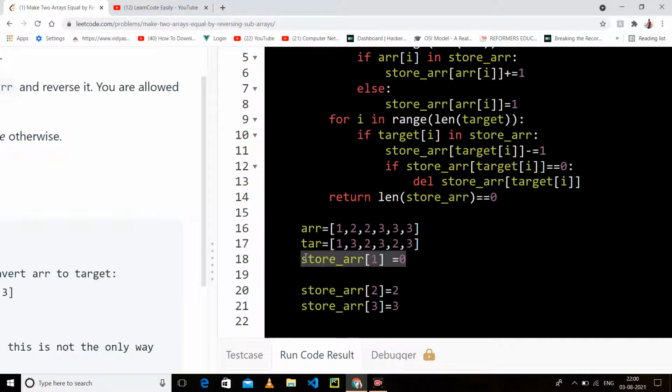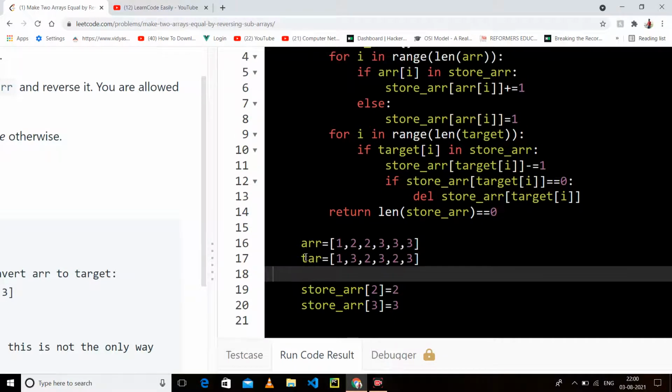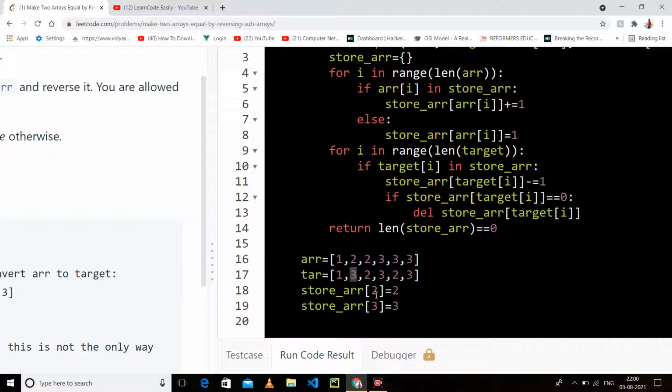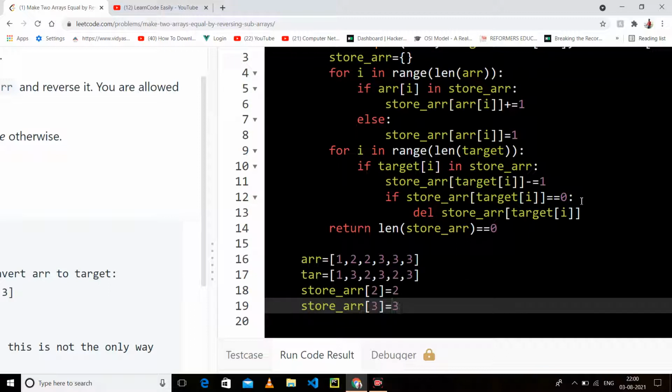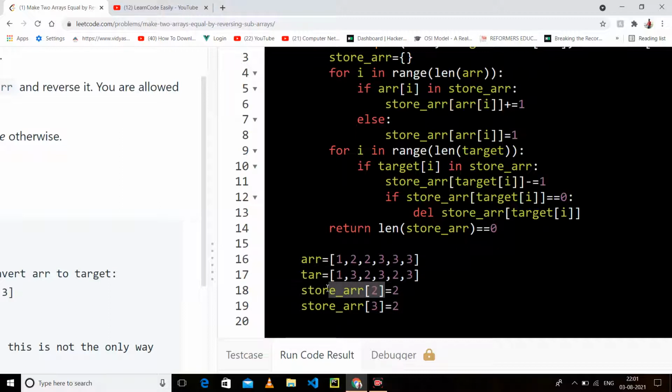So from store it gets deleted. Now we come to 3, it is there, yes, so decrement by 1, so it becomes 2. I will go to 2, I will see it is present, yes, so decrement by 1, it becomes 1. I will go again, it is present, yes, decrement by 1, so it becomes 0. We will see if it is 0, delete it, so it will get deleted.